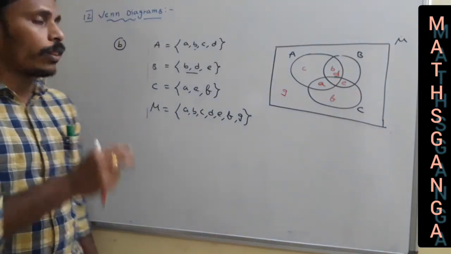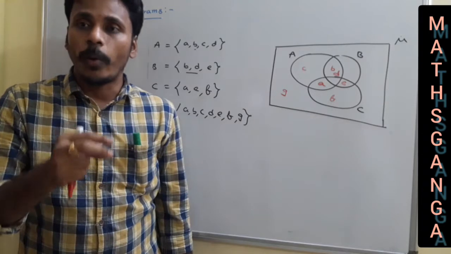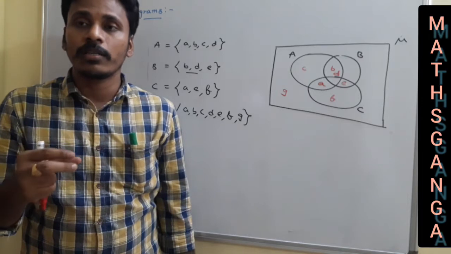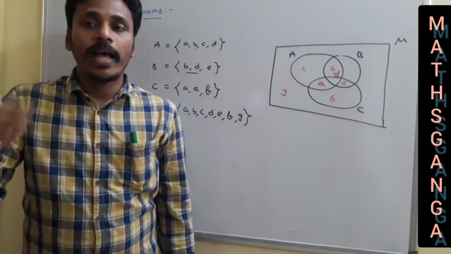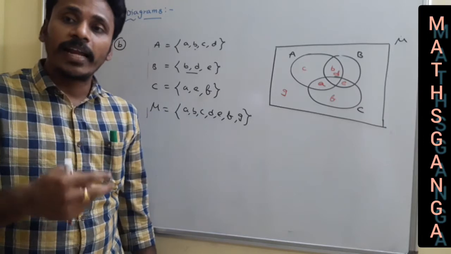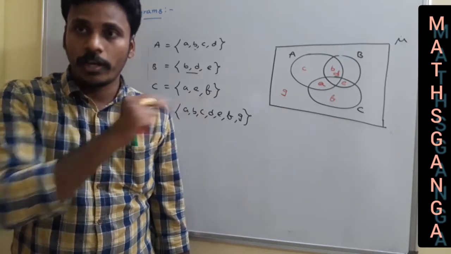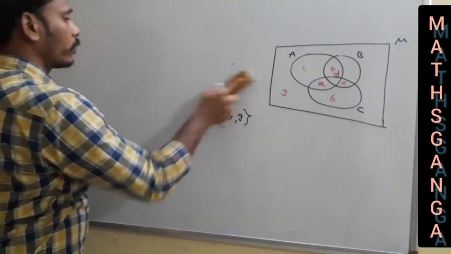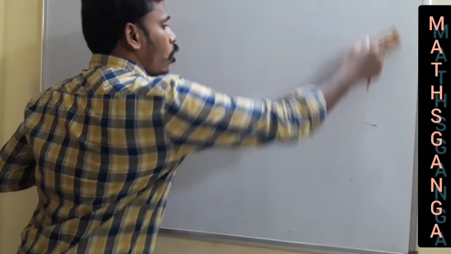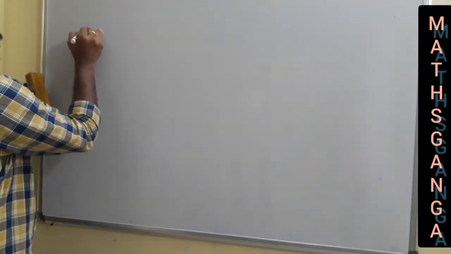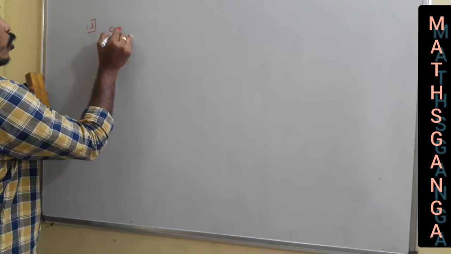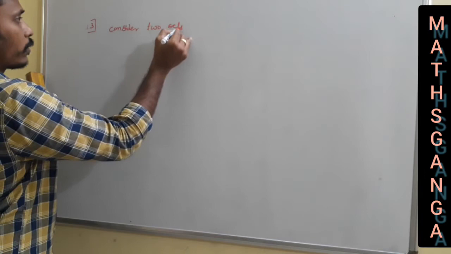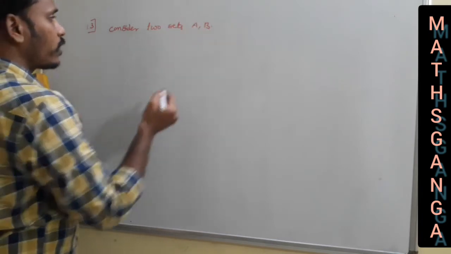So this is the 12th point, where I just introduced the Venn diagrams. Coming to the 13th point, we will discuss completely the possibilities where only two sets are involved. In the next point, 14, I am going to handle 3 sets. First of all, you just think about 13. Start the 13th point with 2 sets. Consider 2 sets A comma B.